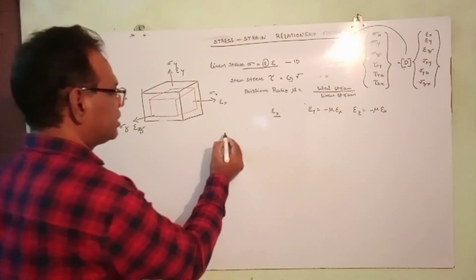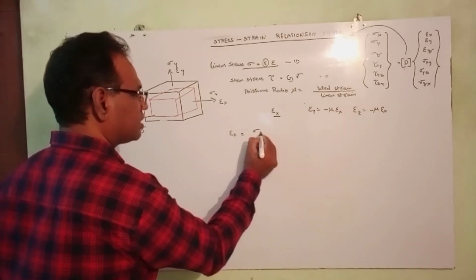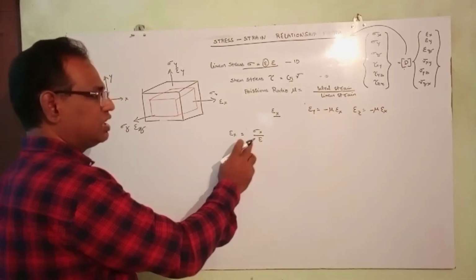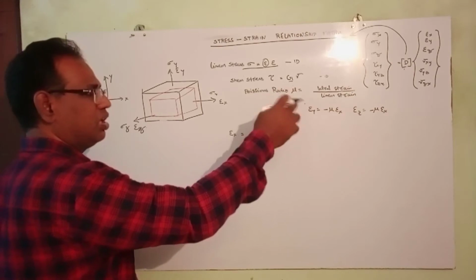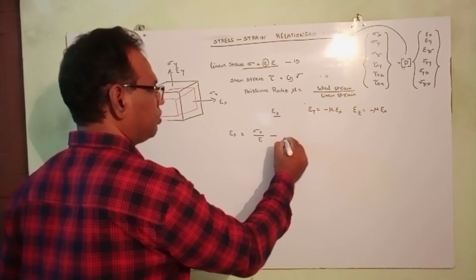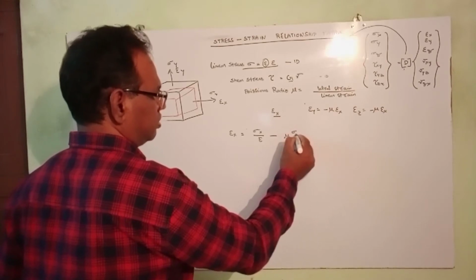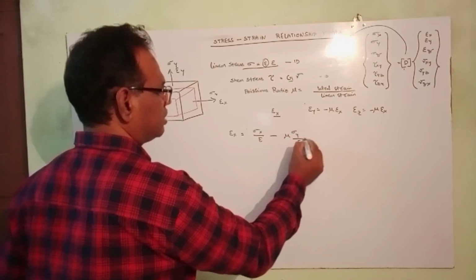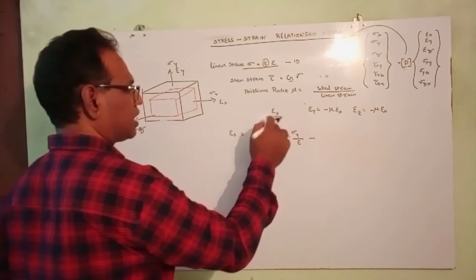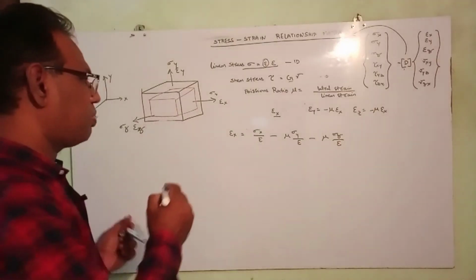The strain in the x direction, I am going to derive this one. I am going to write the strain in the x direction equal to the total strain in the x direction. That is, the strain in the x direction is given by sigma x by E, Young's modulus will give this one. This is because it also happens because of the strains in the other directions. So you can write minus mu into the stress in the y direction by Young's modulus, that is what I am writing. If you multiply this, this effect can be neglected. So minus mu into sigma z by E. These are the normal strains.